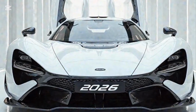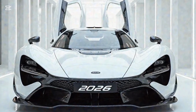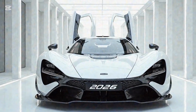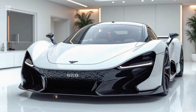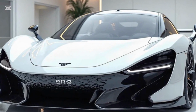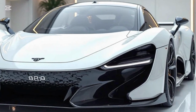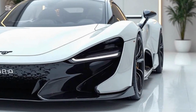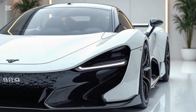For years, the McLaren Senna has represented peak track-focused performance, named after the legendary Formula One driver Ayrton Senna. Originally launched in 2018, the Senna was all about being the ultimate street-legal track weapon. It had insane aerodynamics, a raw V8 engine, and a stripped-back interior meant only for the brave. So how do you evolve that into a sedan without losing the soul? The 2026 McLaren Senna X, the sedan, answers that question with a jaw-dropping concept that bridges supercar insanity with daily